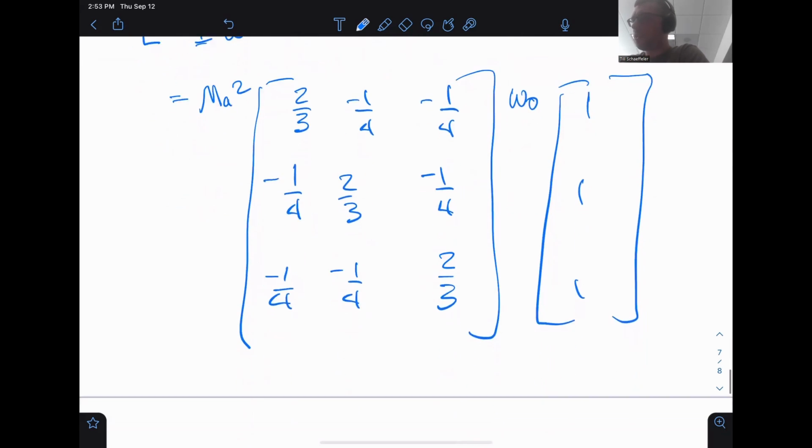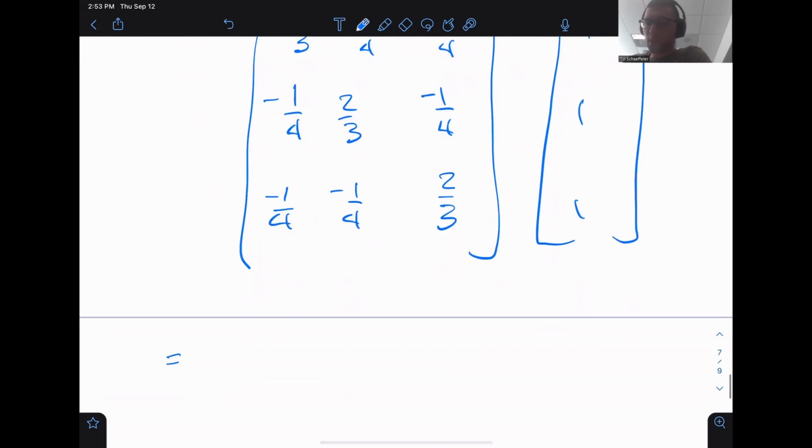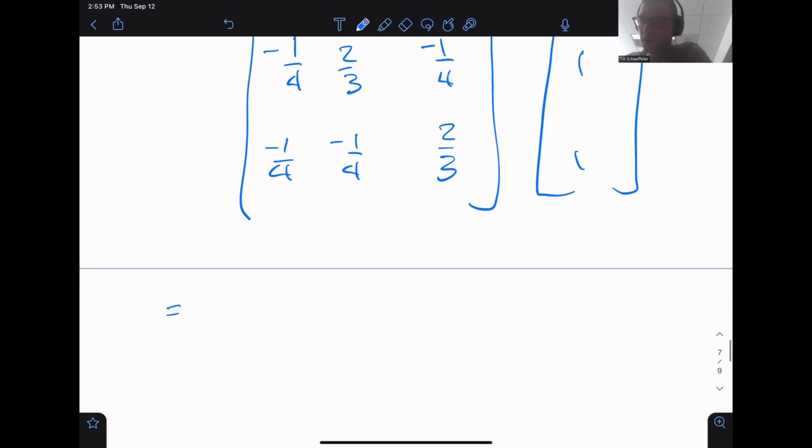Now we just have to do matrix multiplication. Need another page here. Probably soon. So this is omega m a squared and